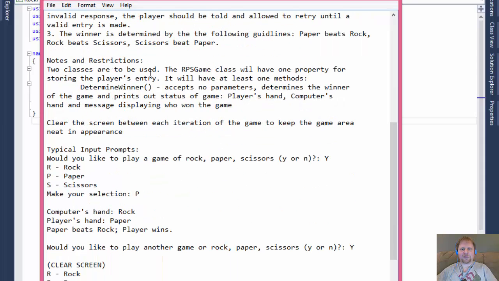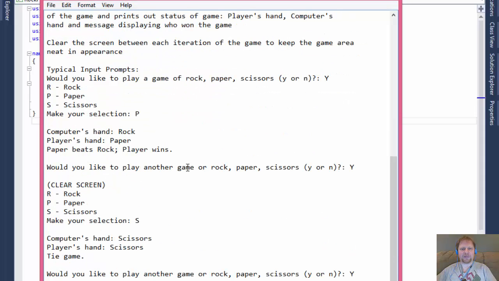They want us to use two classes. The main one would be the RPS game. The second one will be the program itself, where we will instantiate the object. And they want us to use at least one method, determine winner, and one property for storing the player's entry. Now there will be more properties and more methods, but this is the minimum they want. And here's a bunch of